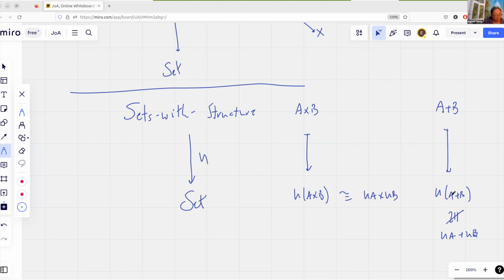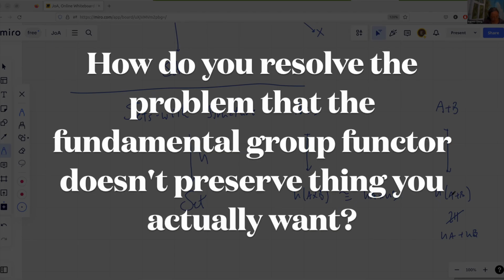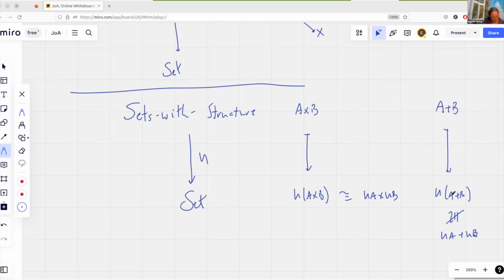And then the last question, I confess I'm quite confused by, it says, how do you resolve the problem that pi1, the fundamental group functor, doesn't preserve the thing you actually want, i.e. map homotopy equivalences to group isomorphisms? Pi1, I think, does map homotopy equivalence to group isomorphisms. Inside algebraic topology, that is called being, what's it called, being homotopy invariant. So the whole point about the